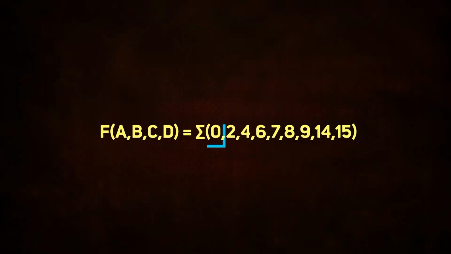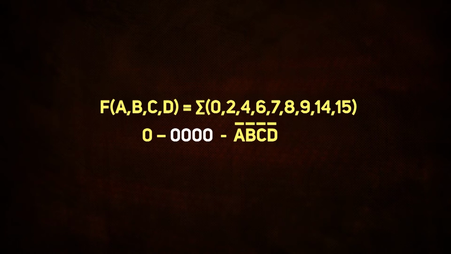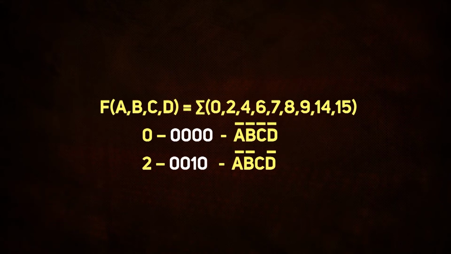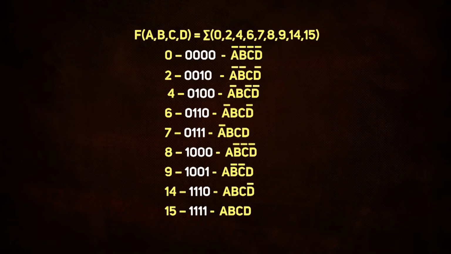The first term is 0, that is M0. The binary equivalent is 0, 0, 0, 0, which is represented as A complement, B complement, C complement, D complement. Recall that A, B, C, D is ordered. You can just refer to the module on canonical forms for better understanding. The next term is 2, that is 0, 0, 1, 0, and the corresponding term is A complement, B complement, C, D complement. In the same way, we will write all other terms: 0, 1, 0, 0,